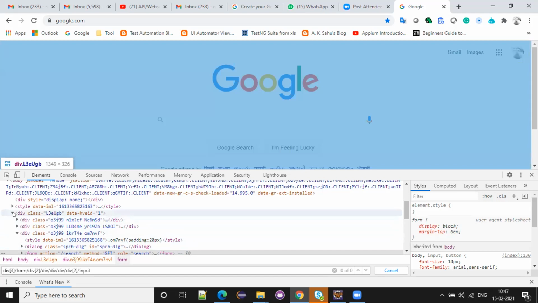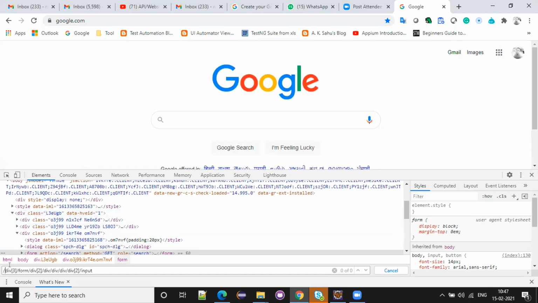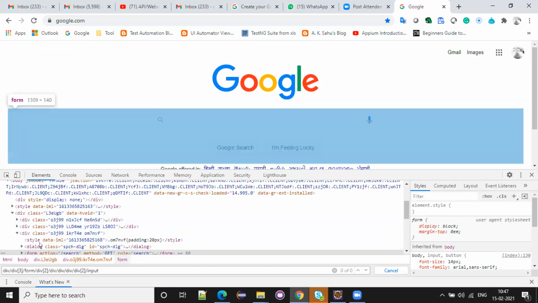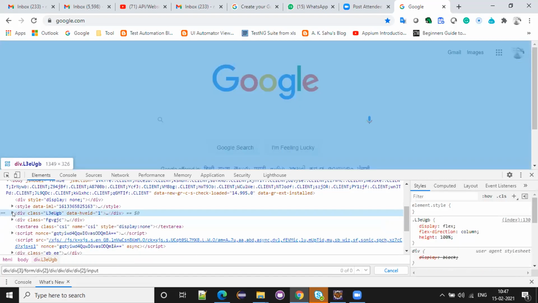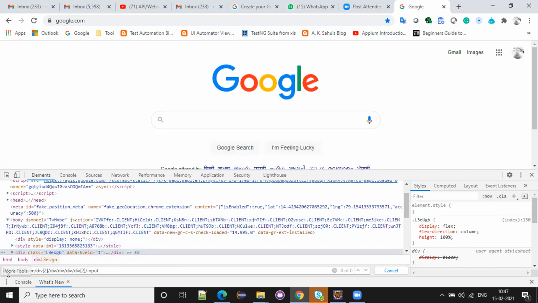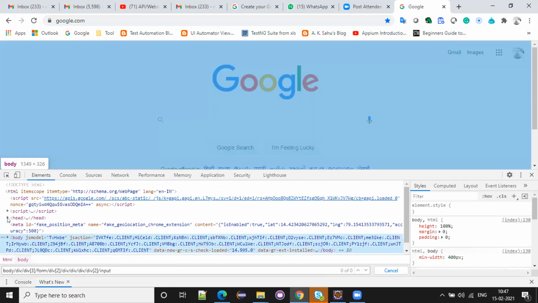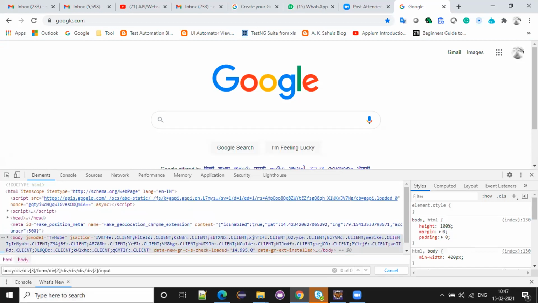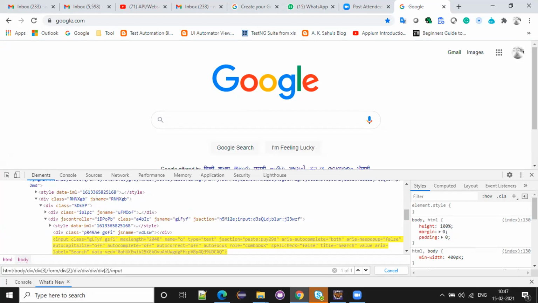And this is the one div. So this div falls under this body. This body falls under HTML, right? Got it?